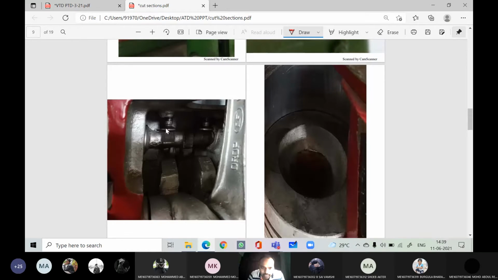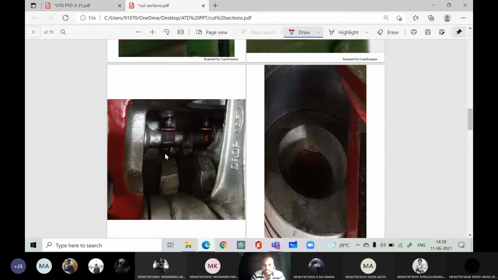Can you observe here? One end of the push rod is here. The other two push rods are there. These are the ends of the push rods, and you can see the cams over here. You can see 3 cams over here. One projection here, the second projection is down, and this is the third projection. This is your camshaft, right?